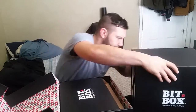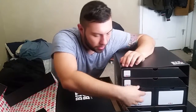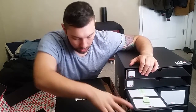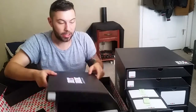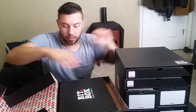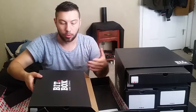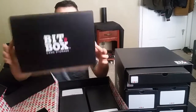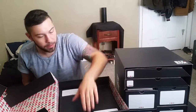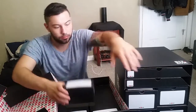So what comes in this here BitBox? Well, you have compartments that pull out. I already have them labeled, so I'll be showing you from the mobile box what exactly these boxes look like, and then I'll give you an example of how I'm using it. Inside these, which can hold the boards of games, it's just a simple box that fits right on top. And in the BitBox Stationary, you have two of them. And in the bottom half, you actually have, as you can see here,